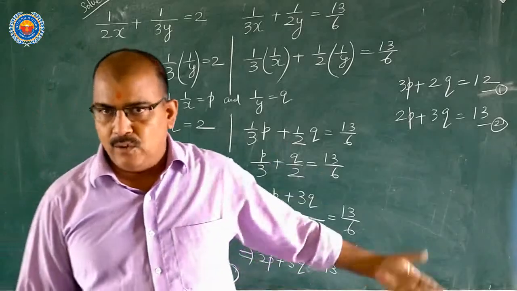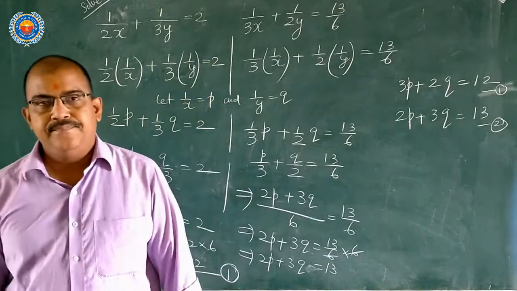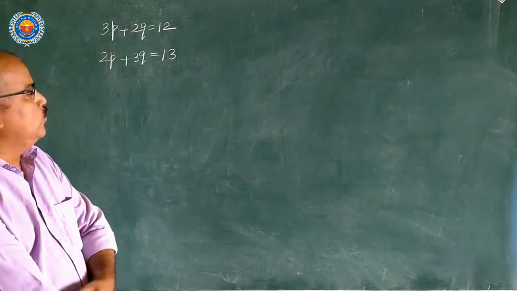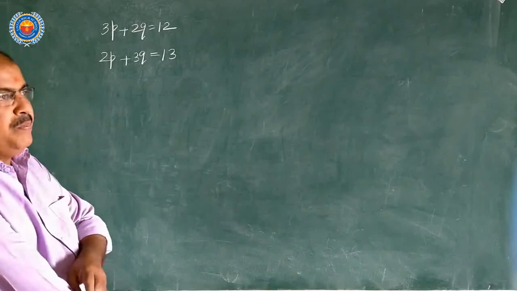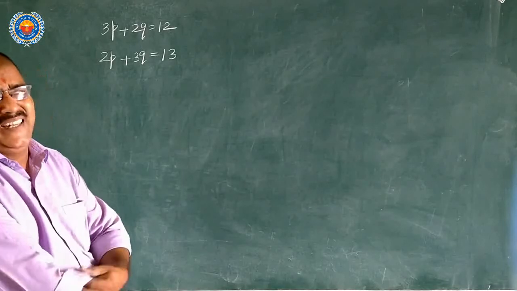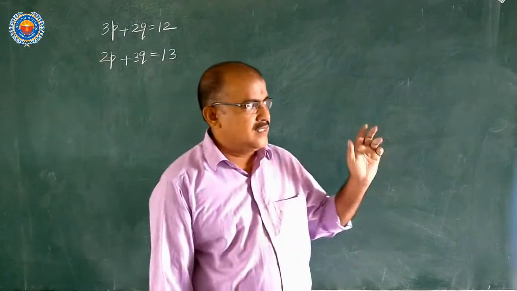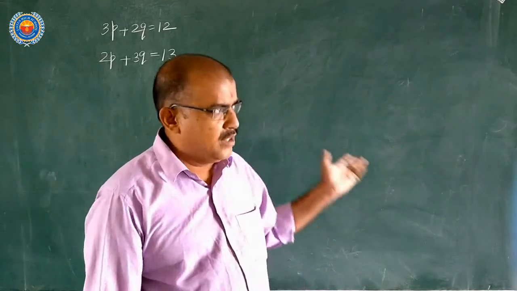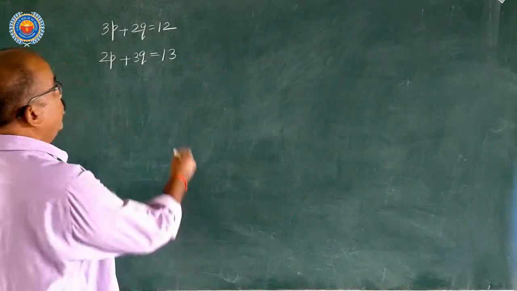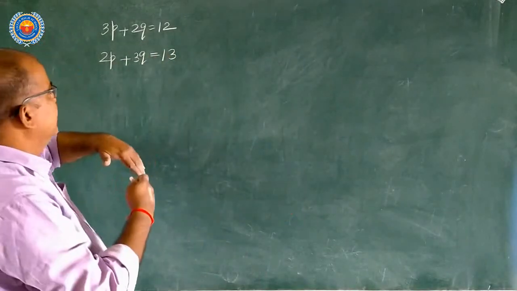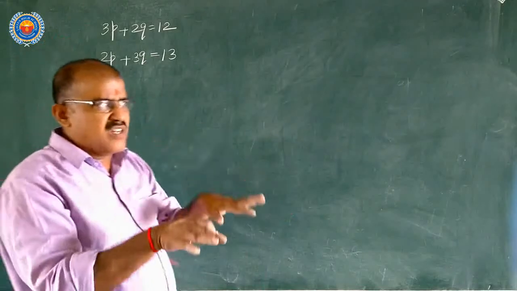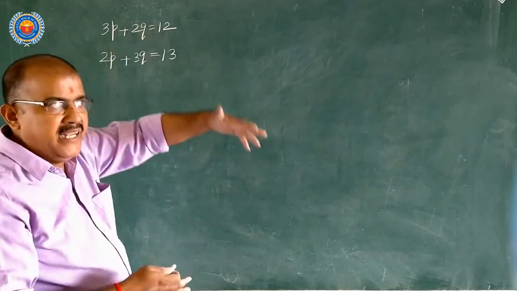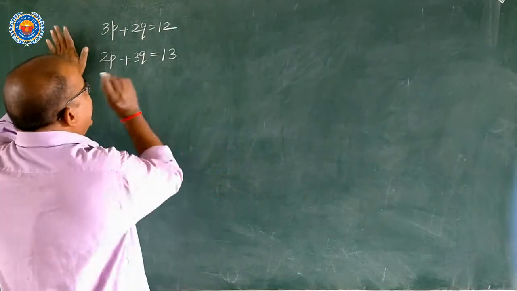So now I am going to solve by using elimination method. Here I am going to solve these two pair of linear equations in two variables so that I will get p and q values. Afterwards I will substitute 1 by x is equal to something and 1 by y is equal to something, we will get x and y values also. Now these two equations I have to multiply with one constant so that either p or q should be eliminated. So here I am going to eliminate p today.